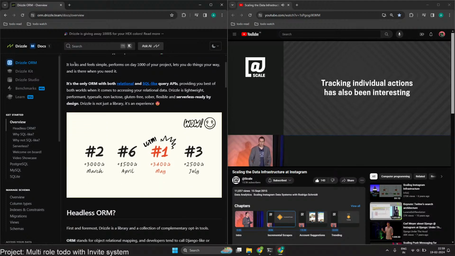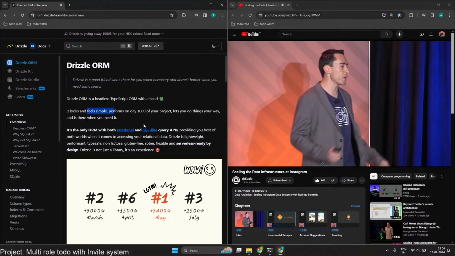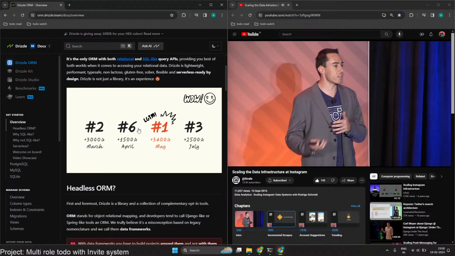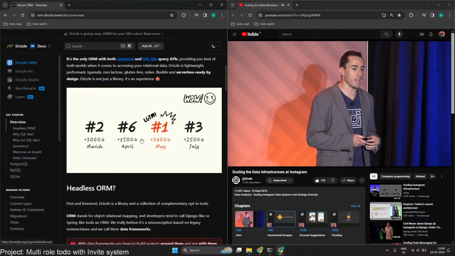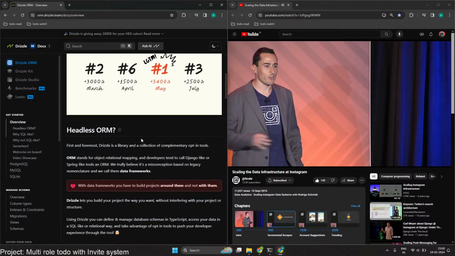Another example of how we evolved our basic data infrastructure is tracking individual actions on Instagram. What I mean by that is, let's say, the likes or the uploads that are happening on any given day. So somebody likes a photo, and you want to track that those actions are happening. You want to know how many likes happen on a day, how many uploads happen on a day. And this was our V0 again, going through the whole iteration.